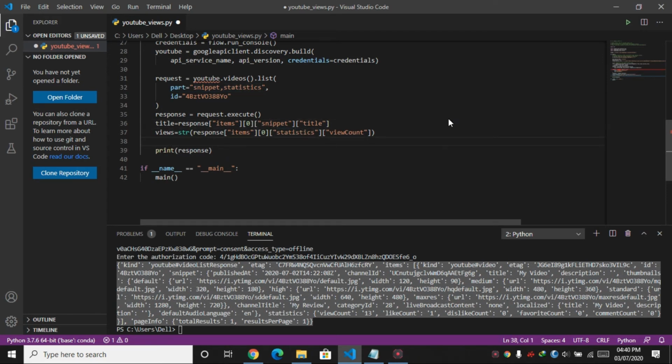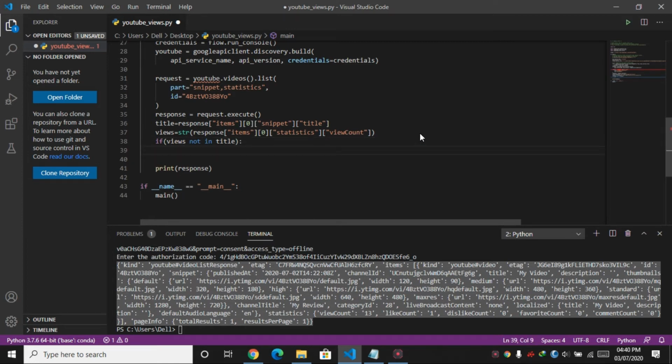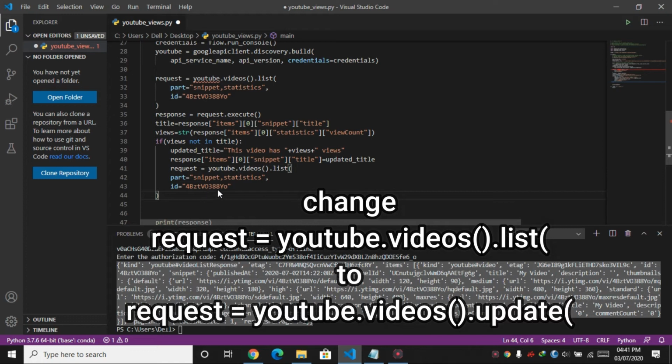So now let's move towards another section of the video where we will be checking whether the views are in titles or not. So for that, if views are not in title, then our updated title will be this video has these many views. So if you are wondering what is this code, then this is basically the same code which refers to the title of the video. So I'm changing the title of the video to the updated title. Hope you understand. And we just need the snippet because we are not going to care about view count over here,